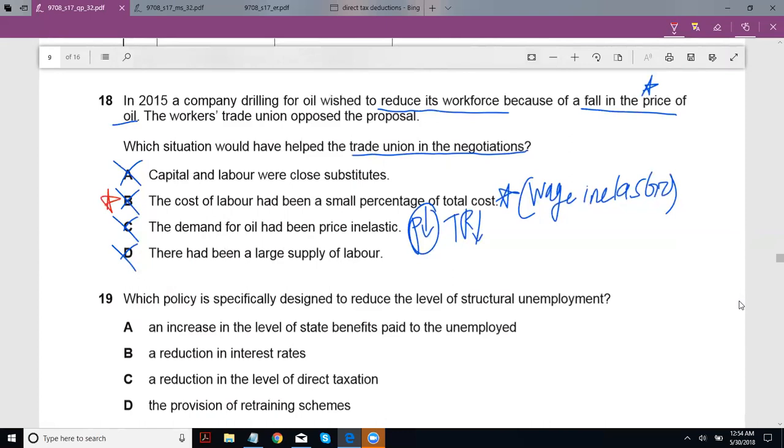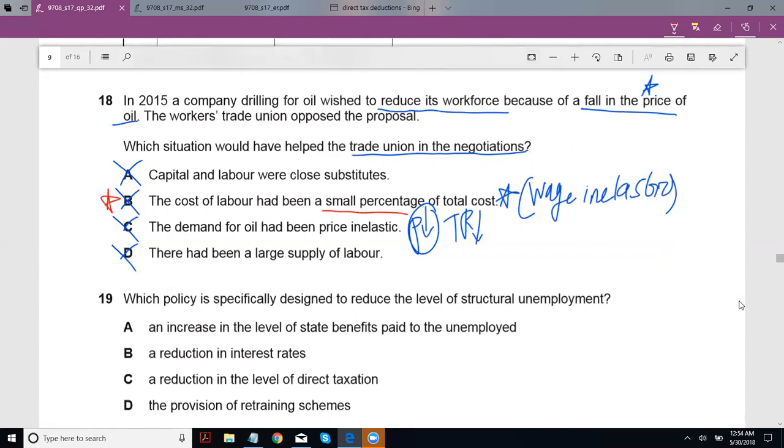Kind of like the same idea here. So if it's a very small percentage of total cost, then it's fine. And even if that cost still exists, it really doesn't matter that much to the company. Like it really doesn't care that much. If it's such a small percentage of my total cost, I'm really not going to be caring or